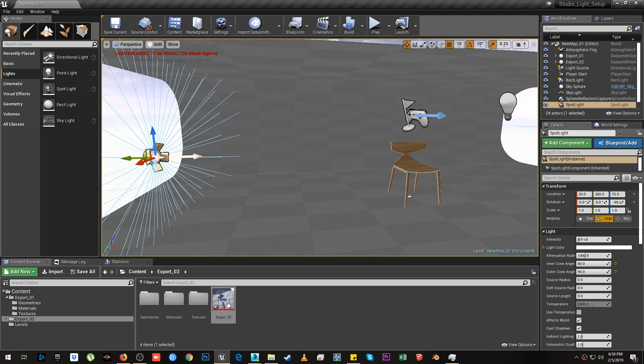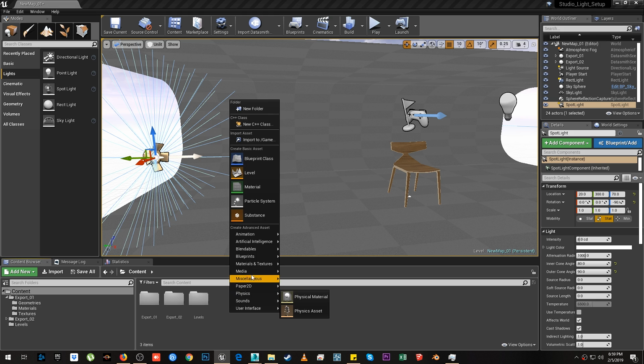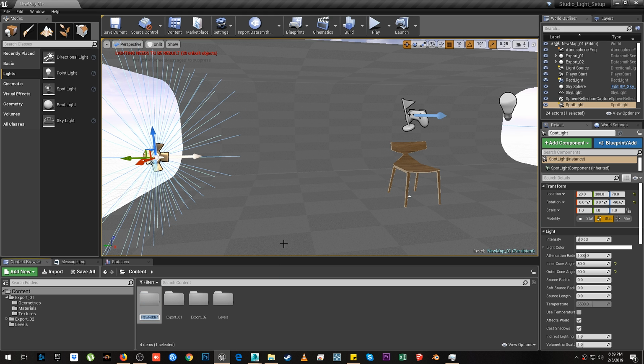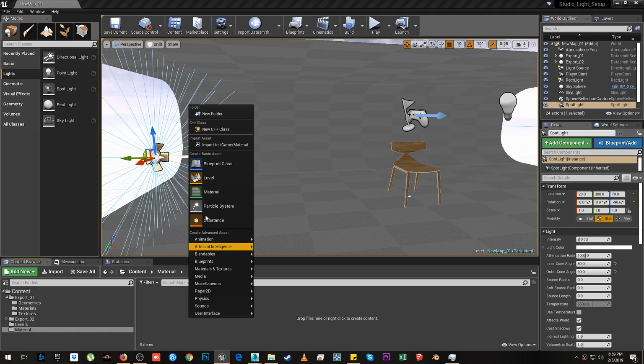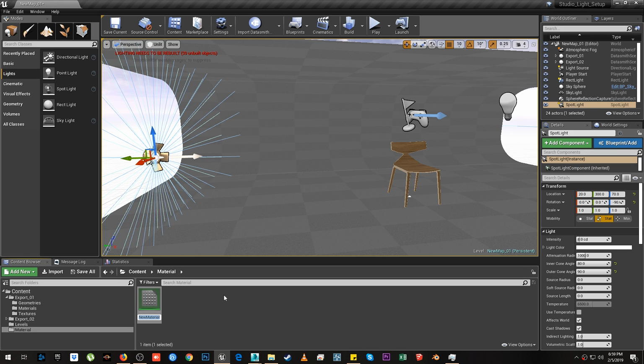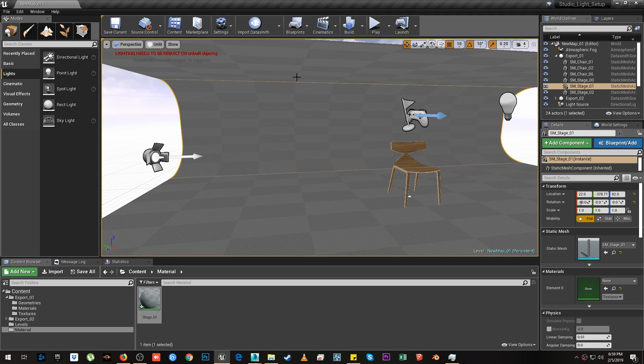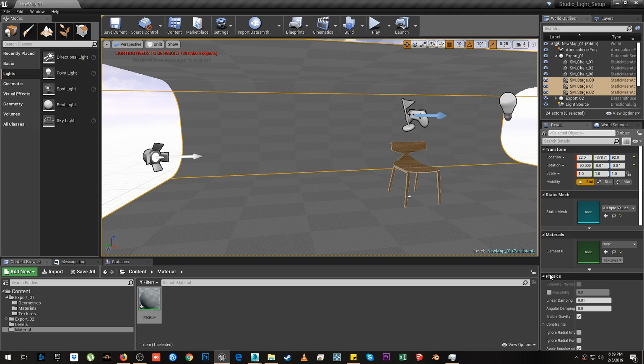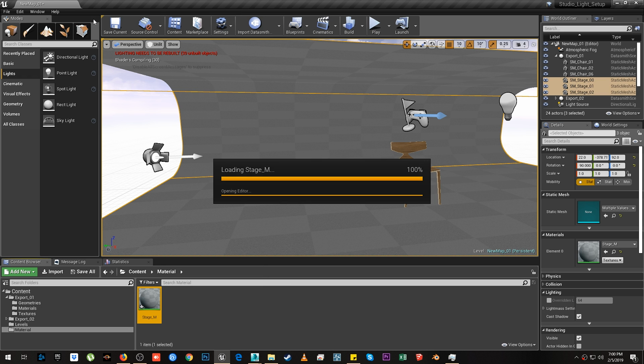And after that, I will go here in content and maybe make a folder of material, and then I will create a material here and name it stage, because this will be the stage material. And after that, I will apply this material on the stages,